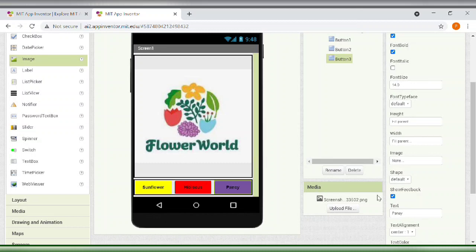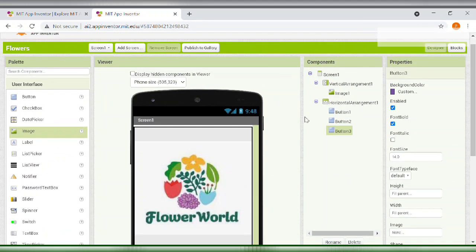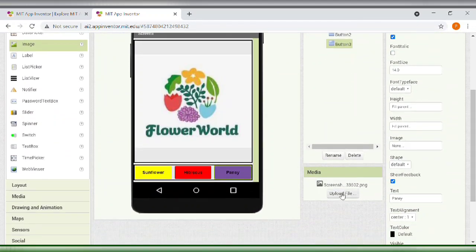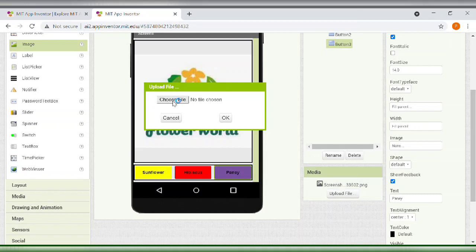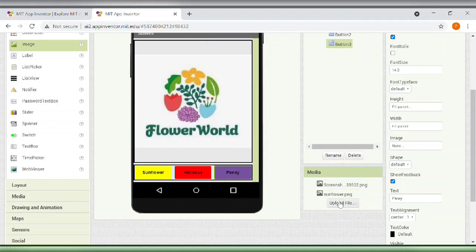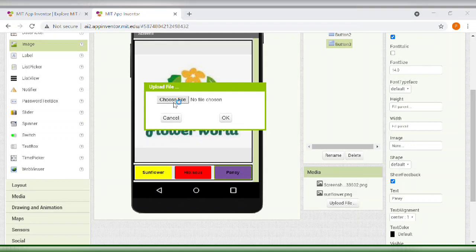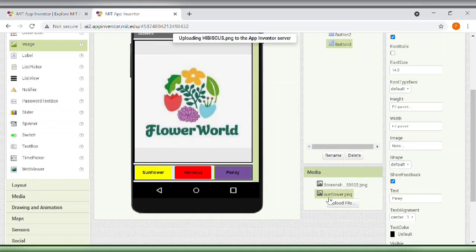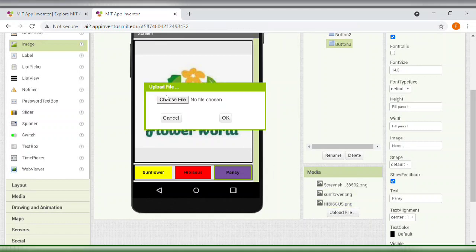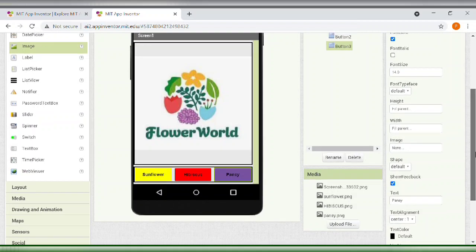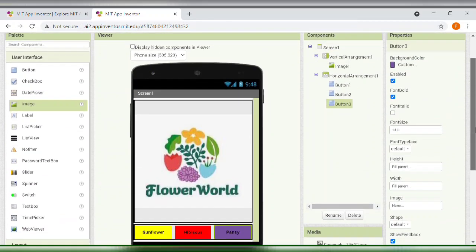displayed. So under the components area, you'll find a media area. Click on upload file. Now choose file. Let's choose sunflower. Open. Okay. Now again upload file. Choose file. Now we'll take hibiscus. Okay. And now we'll take pansy. Open. Okay. So now as you can see, we have all the pictures, our buttons, and let's take a label